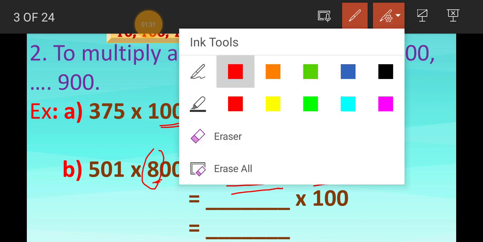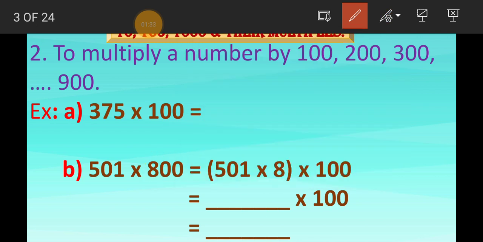So I have to just multiply by 8. Let's do the multiplication. 8 ones are 8, 8 zeros are 0, 8 fives are 40. And if I have to multiply by 100, I'm just going to put 2 zeros extra in the multiplication. Okay, so again, these are the shortcuts of multiplication.